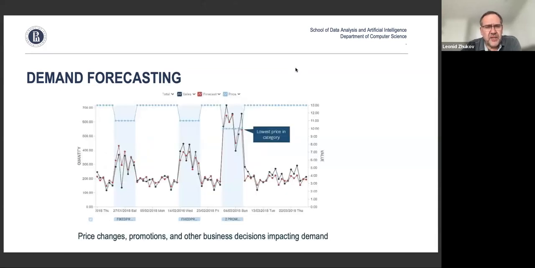You might notice that a lot of things might affect demand, right? Price changes, promotions, and various other business decisions will change the demand. So though today in the homework and in the discussion later, we'll be looking at vanilla, academic types of exercises, when it gets to real business problems, there are a lot of external factors that will affect your forecast.